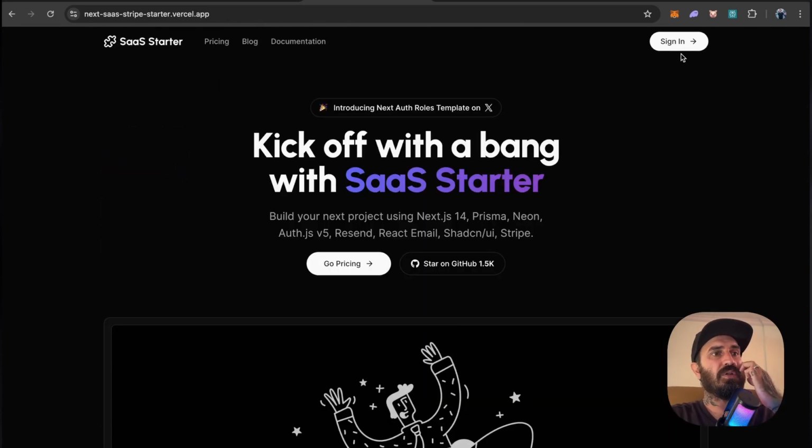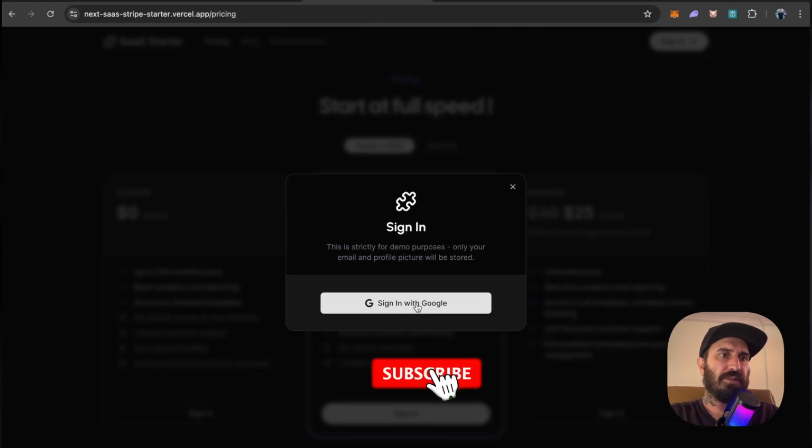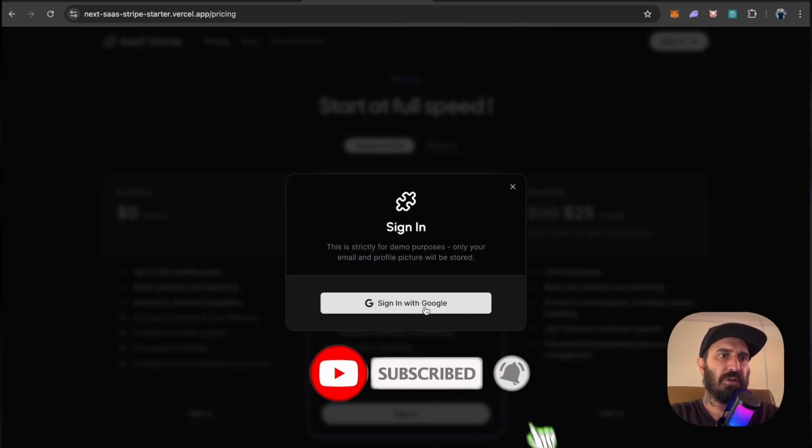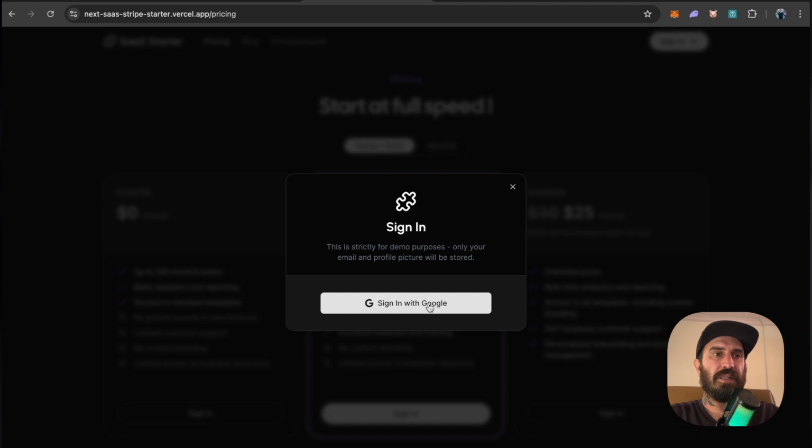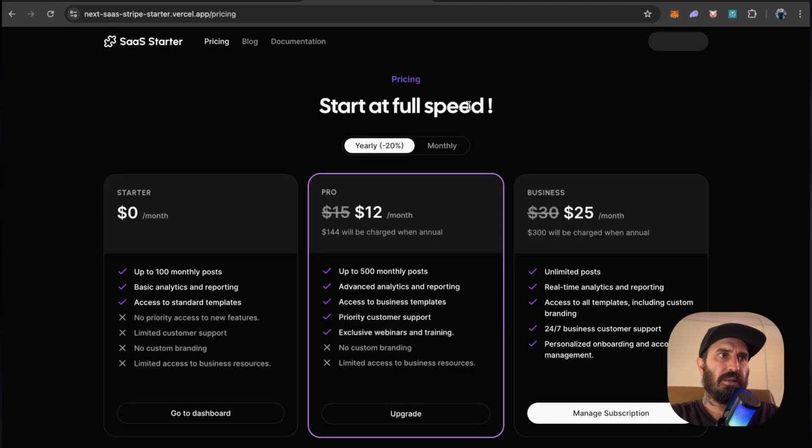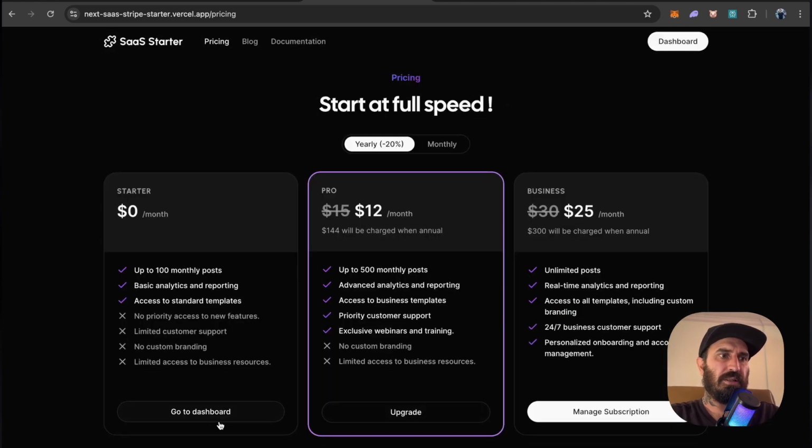Let's go into the actual dashboard. Now I've already signed in, so it's not going to go through the usual Google authentication screens, and this is just going to update. You can see it's got the upgrade and manage subscriptions at the moment. I think I might be on this starter package right now.